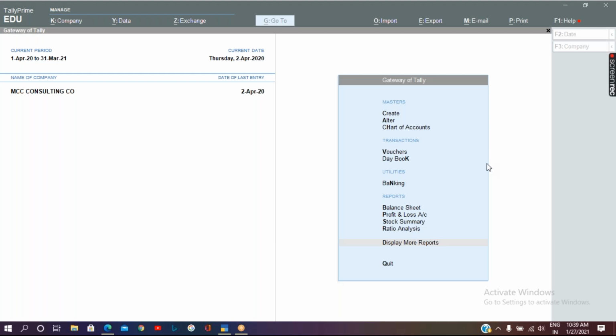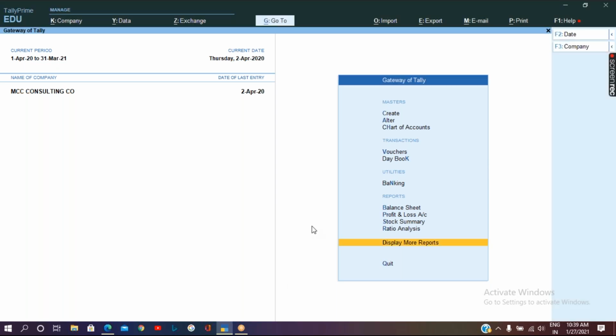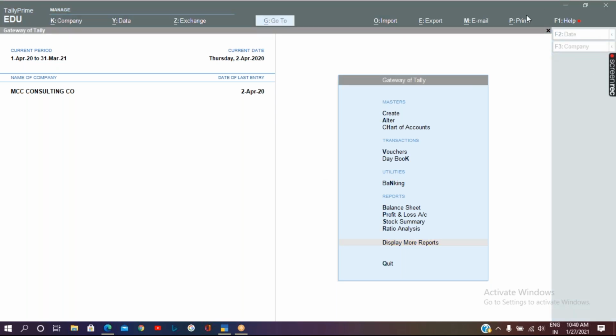Okay, so in the previous sessions, we have discussed how to create the stock group, stock category, and units of measurement, and we have passed the transactions by giving the balances in the stock item also, as well as we passed the transaction and we got the balances by using the godowns. Okay, so the next part, now we will see the reports.